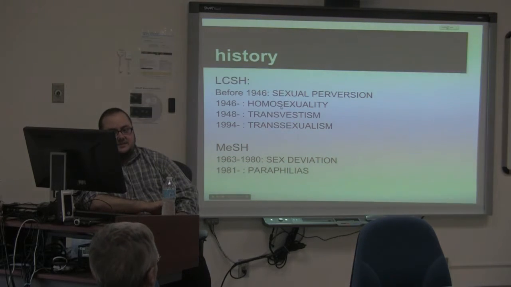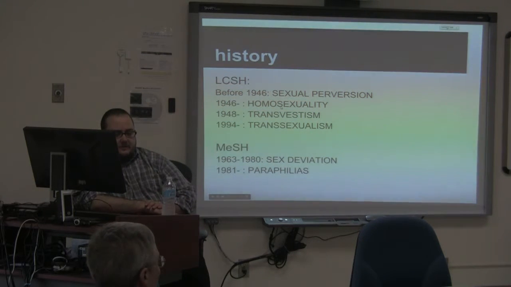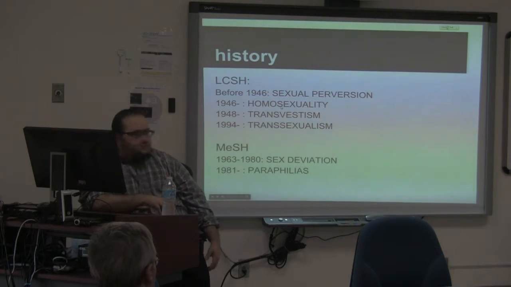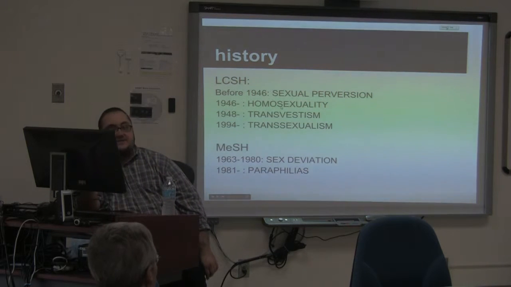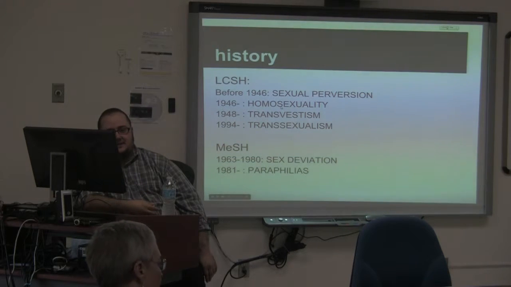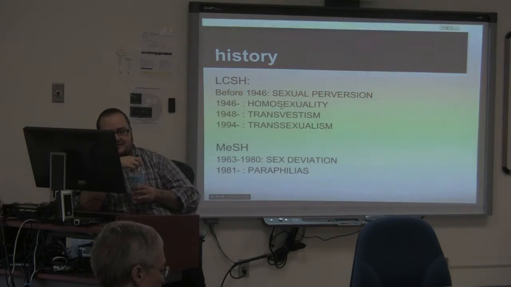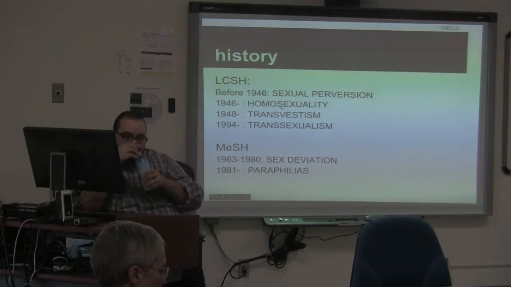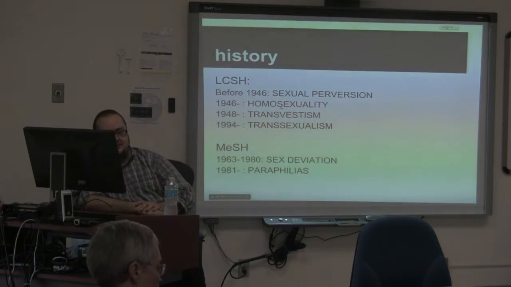In 1946, the Library of Congress discovered homosexuality as a term. The actual practice had been around for some time before then. They have still been using it to this day, though it's nowhere near as frequently applied as it once was. In 1948, it was the same thing with transvestism. And then in 1994, the Library of Congress heard about transsexuals. Though it wasn't until 2007 that the Library of Congress subject headings acknowledged the existence of transgender people, which means that they spent well over a decade